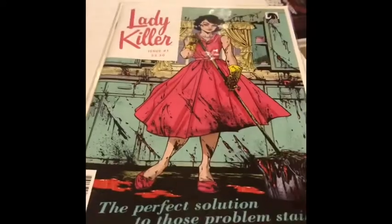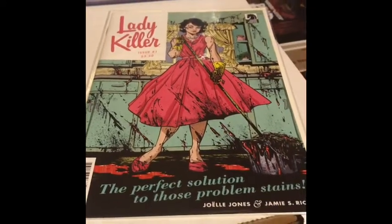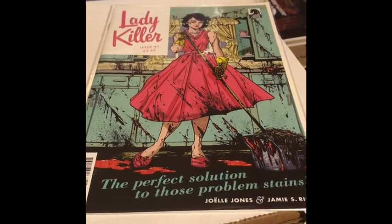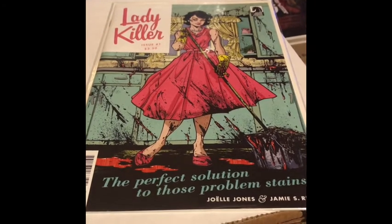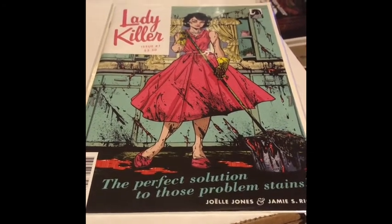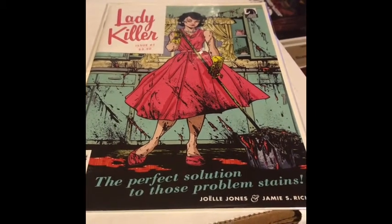I love this book. John's Comics for Kids. Kept talking about Lady Killers and how great it was. And I went to the same shop and I found this on the wall. I had it on the wall, first print. And I was like, I gotta get it. So I had a second print, and